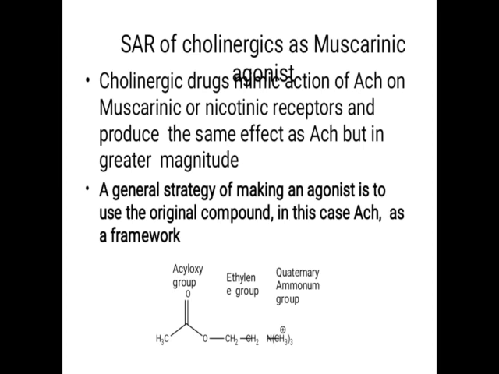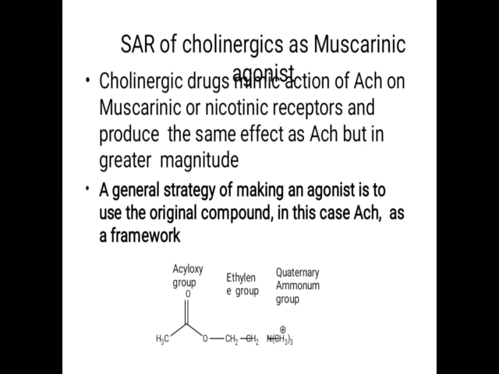So a general strategy of making an agonist is to use the original compound, acetylcholine, as a framework. जनरल स्ट्रॅटेजी काय? कुठलाही ड्रग तयार करताना आपण एक लीड मॉलिक्यूल कन्सिडर करतो आणि त्या लीड मॉलिक्यूल मध्ये आपण काय करतो? Some modifications for the betterment of that drug. Similarly we want to give an agonist drug, which is a cholinergic agonist. So we have to use acetylcholine as a basic nucleus. We have to modify some part of the acetylcholine so that it produces a better effect